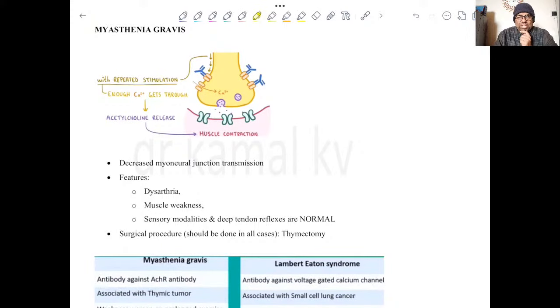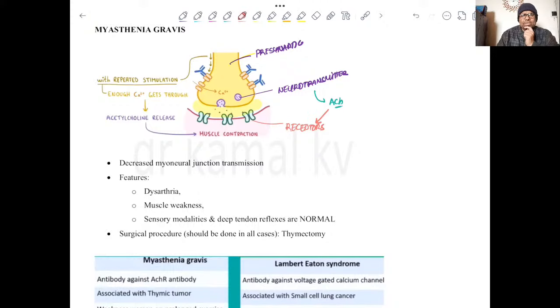synapse first, especially a neuromuscular junction. Like what happens? This is presynaptic area, and presynaptic area has vesicles which contain neurotransmitters. And the neurotransmitter here is actually acetylcholine. Now this acetylcholine will cross the synaptic cleft. This is the synaptic cleft or the space, and it will bind to the receptors. Clear? So it will bind to the receptors, and the information will